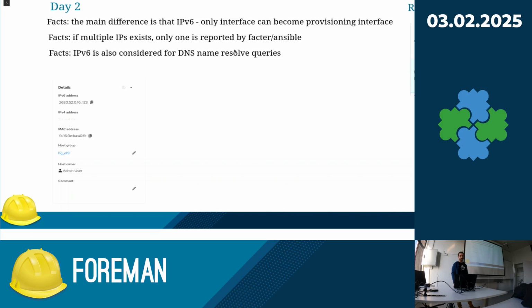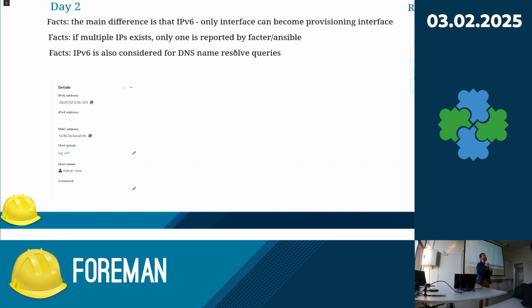Multiple IPs. Yes, in IPv6, each NIC basically is allowed to have multiple IPs, as opposed to IPv4, where a NIC was tied to a single IP. Foreman doesn't have the concept of multiple IPs for the same NIC. We actually take the public one. So we discard the link-local,